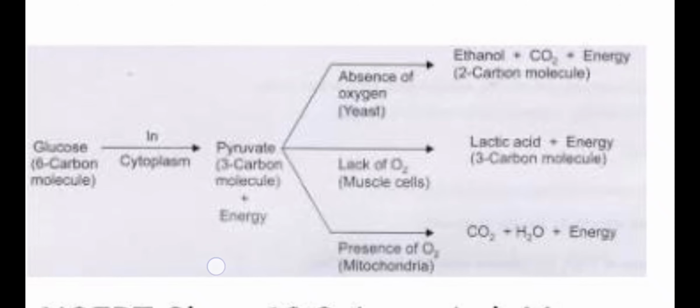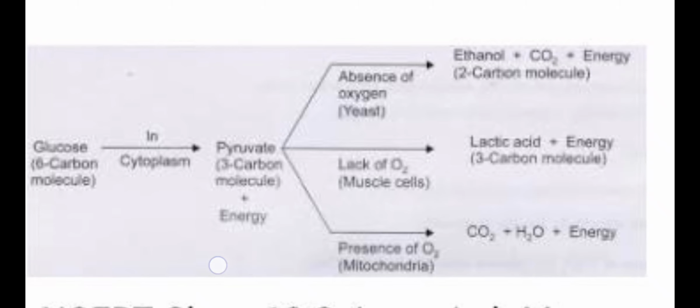This is the Krebs cycle. Now see the middle reaction. This is a special type of reaction that occurs in the muscle cells when the amount of oxygen becomes less, and as a result of less oxygen the pyruvic acid forms lactic acid and energy. Because of this lactic acid deposition you experience muscle cramps. So whenever you work more you have pain in your muscles, and that pain is because of lactic acid. Further, this lactic acid is oxidized to water and carbon dioxide and the pain is gone.